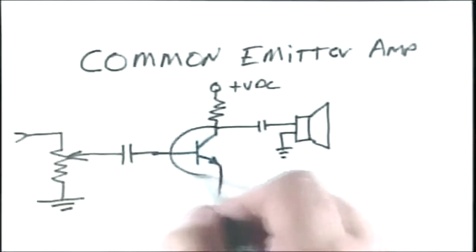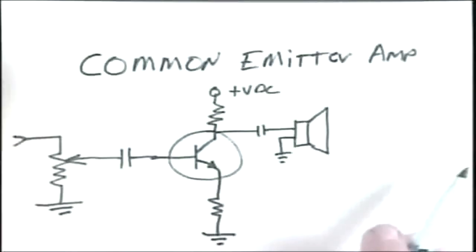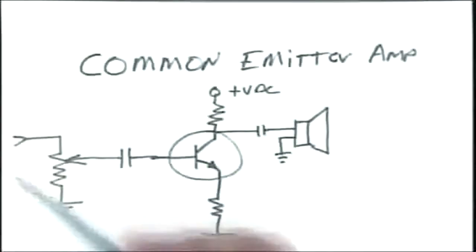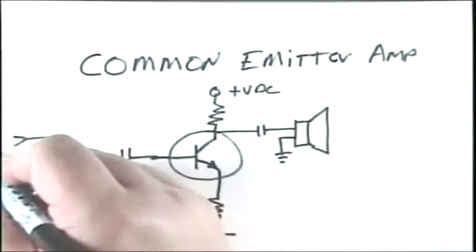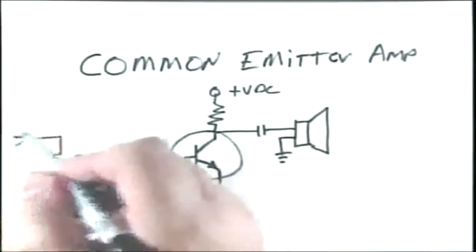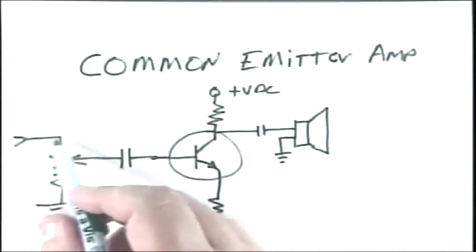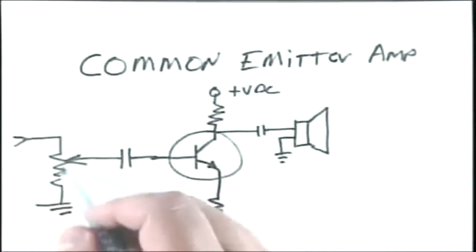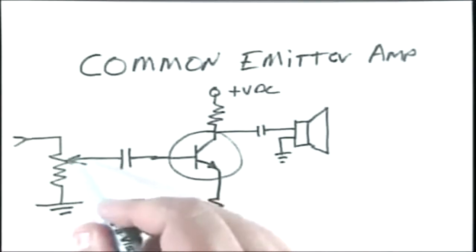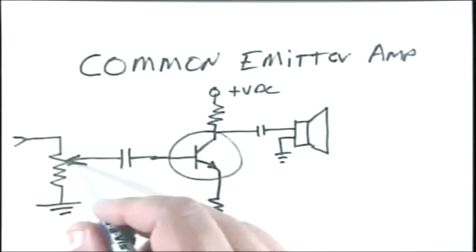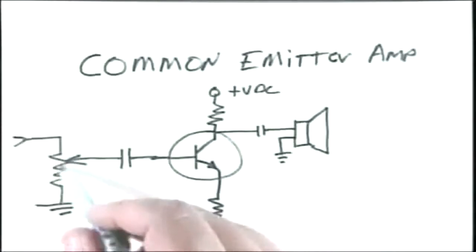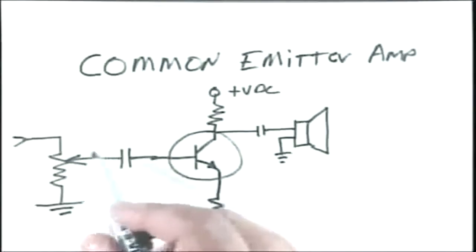Here's a common emitter amplifier. We've got an input signal that could be an audio wave that would be coming from a preamplifier. It is dropped across this resistor. This is a variable resistor, and it's a volume control. And depending on where this wiper arm is tapping on this resistor, the signal level is fed through to this